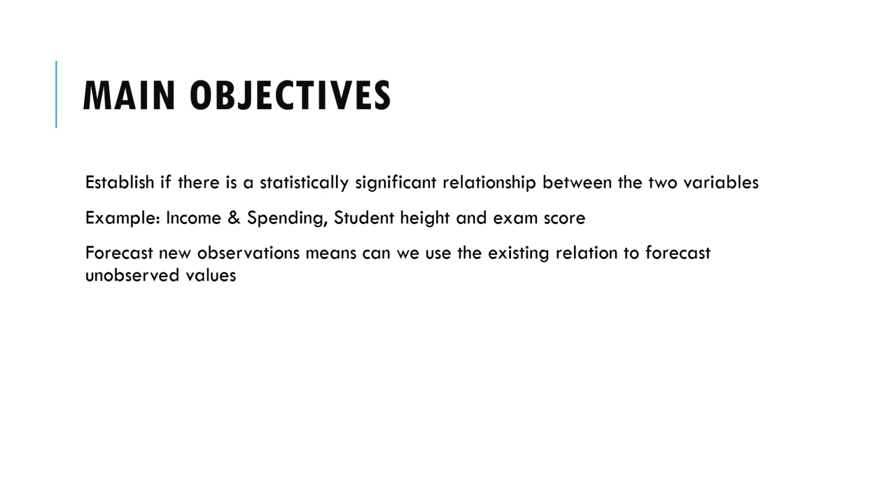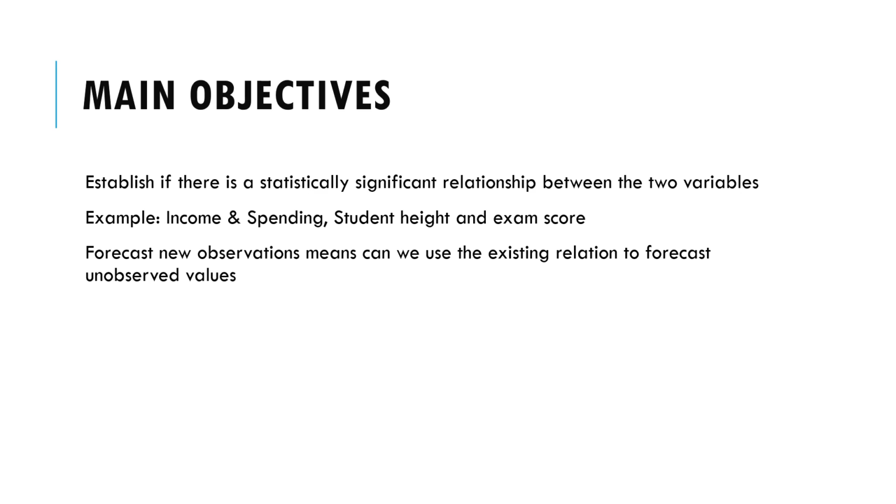I will give you one example. Say you have two variables, income and spending, and you want to establish a relationship between them. Obviously, we know that if our income increases, spending also increases. It has naturally been seen, so you can establish a linear relationship between income and spending. But is any relationship possible between student height and exam score? No, it's not at all possible. So if you use linear regression in this case, you cannot find any relationship between student height and exam score.